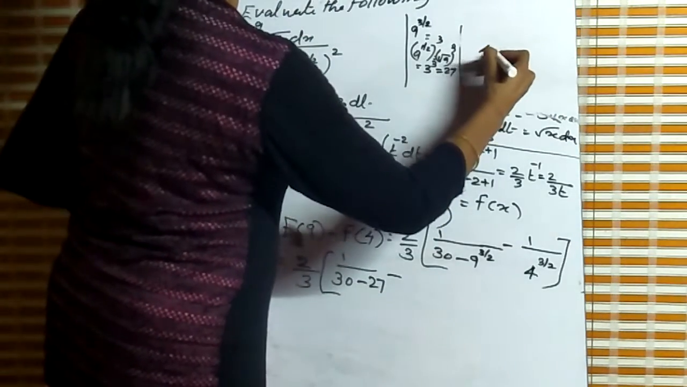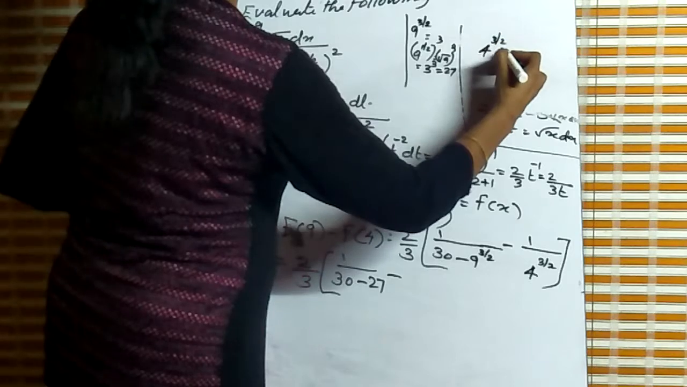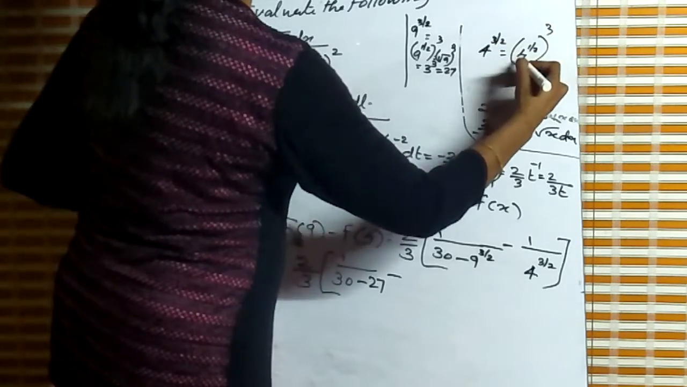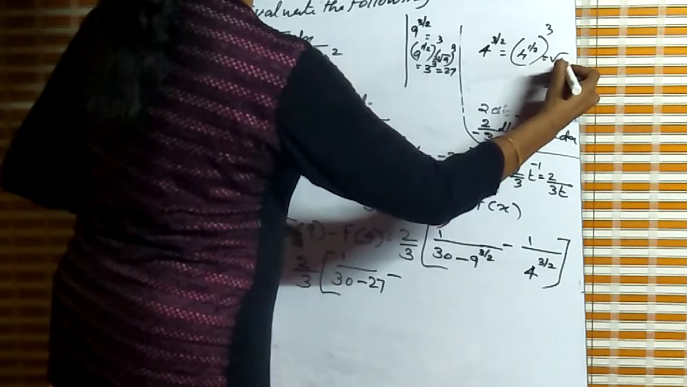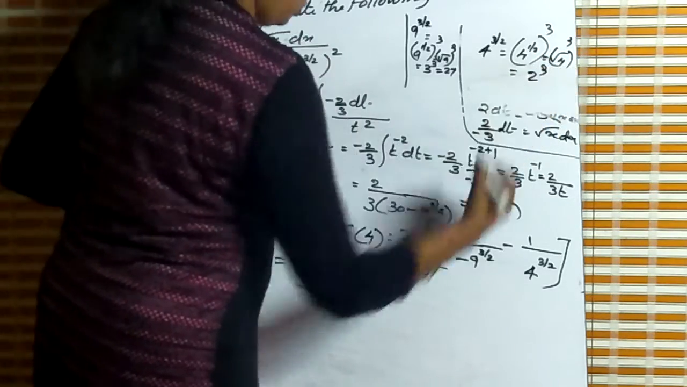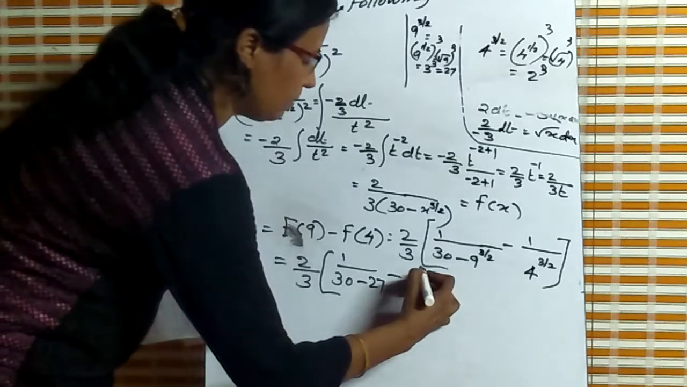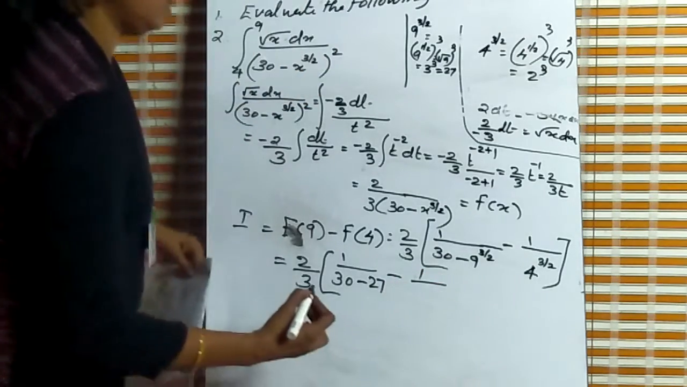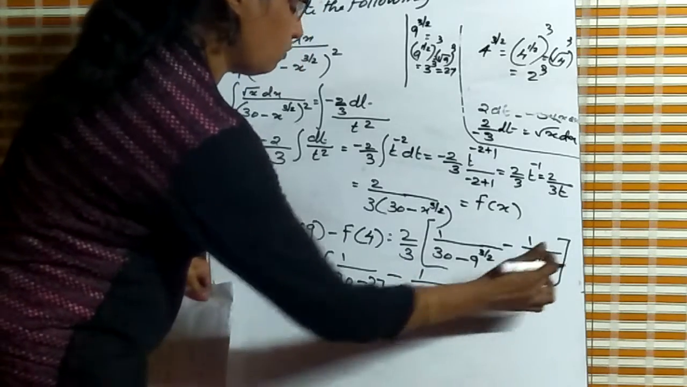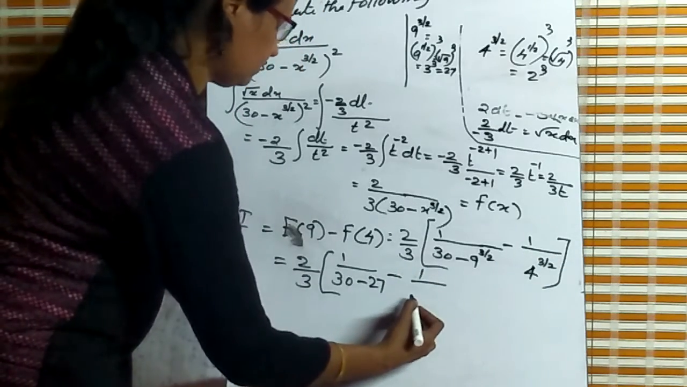4 raised to 3 by 2 is equal to 4 raised to half, whole raised to 3. 4 raised to half is root 4, whole raised to 3. Root 4 is 2, 2 cube. So 1 by 4 raised to 3 by 2 is